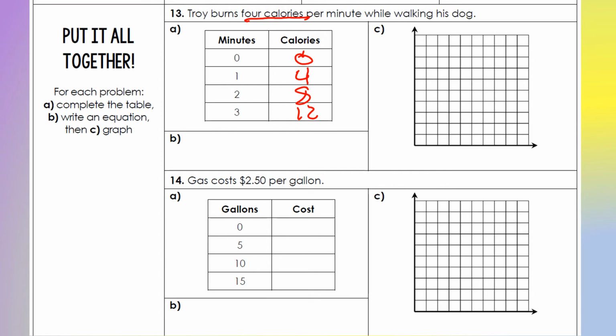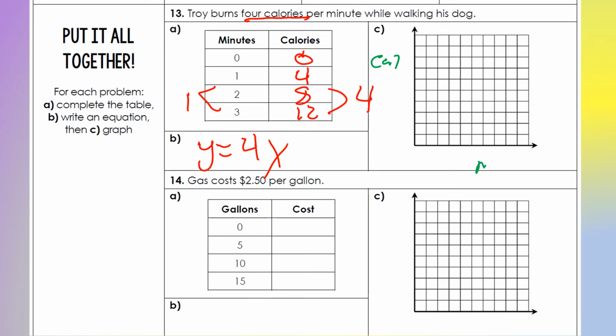So, what does this mean? The y difference is clearly 4, and the x difference is 1. So the slope, the constant of proportionality, is 4. Y equals 4x. Aha! And then if I were to go ahead and graph that, we have calories up here